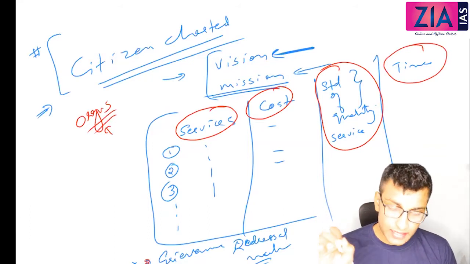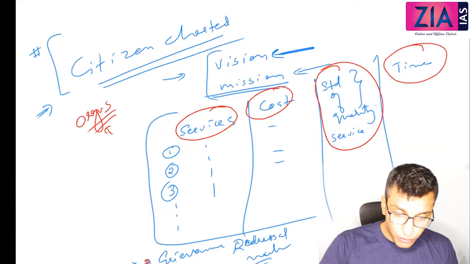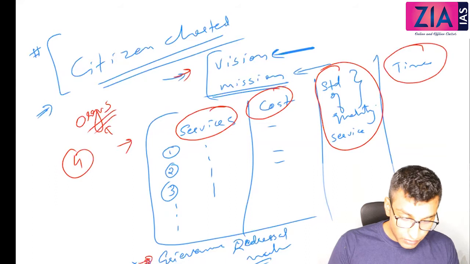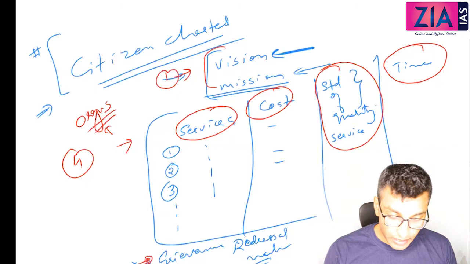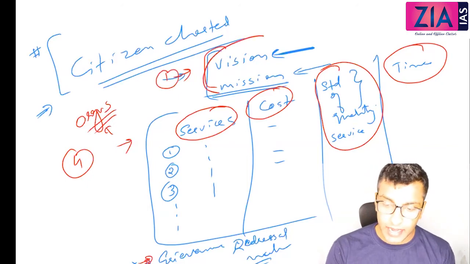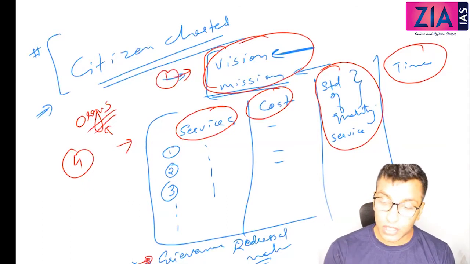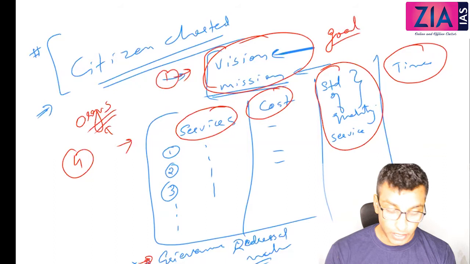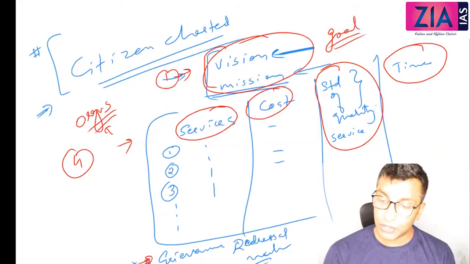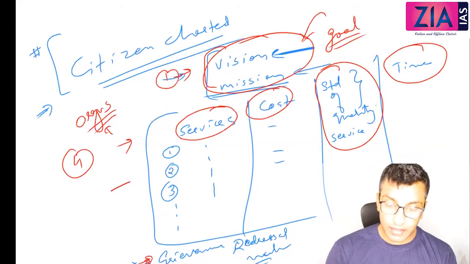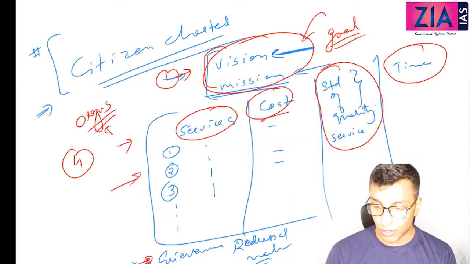So a typical Citizens Charter will have four parts. This is one, this is two, this is a third one. The first one will be related to the vision, mission statement of the organization, which will give you the idea of the functions or the mission of the organization. The long-term goal or the objective of this particular organization, and the ways and means to attain this goal, you can understand through the vision and mission. Then there will be listing of all the services, cost, and all those things. Then the third part will be grievance redressal.